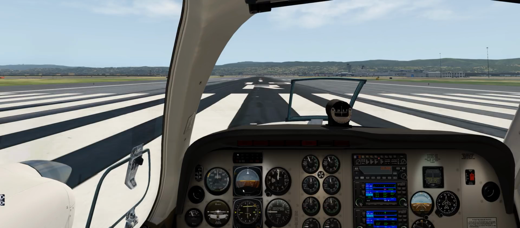What it will hopefully do is, instead of giving you a situation without one where you have a fairly busy scan, where you have to scan this and that and that and that, of course, instead, these instruments in your scan... and somebody with an instrument rating can tell me I'm full of crap, and in all seriousness, tell me what I've gotten wrong here. But what will happen is when you use the flight director,